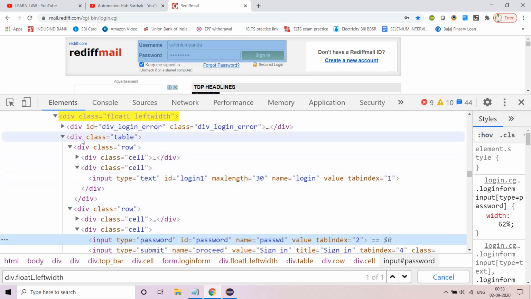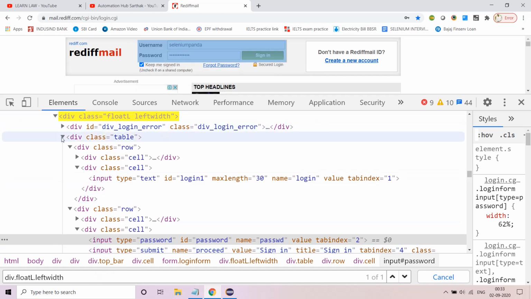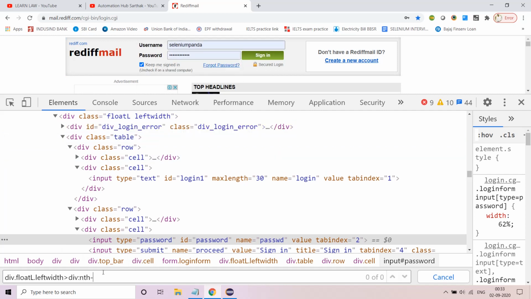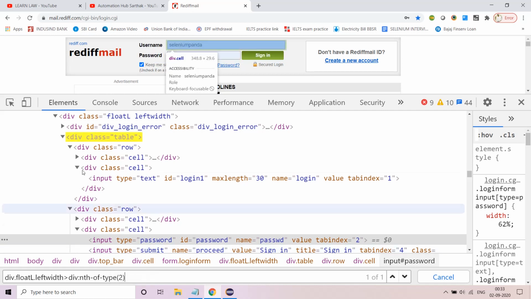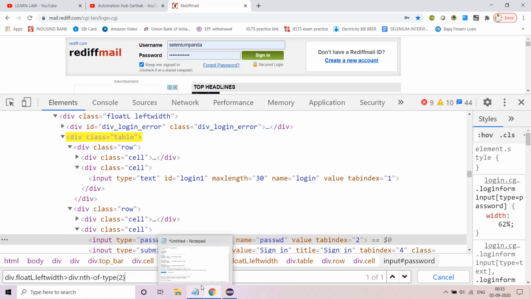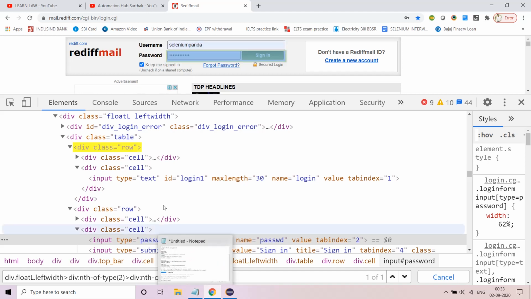So now what I'm going to do, I have to come from here. Let me come to this first. So I'll write div colon nth-of-type, and let's see 2. So here also it is traversing. So I've come here. Now from here, my target is to come to the next. So I'll come div. It is one of two. So I'll write nth-of-type, and let's see one. Yes, it works absolutely fine.